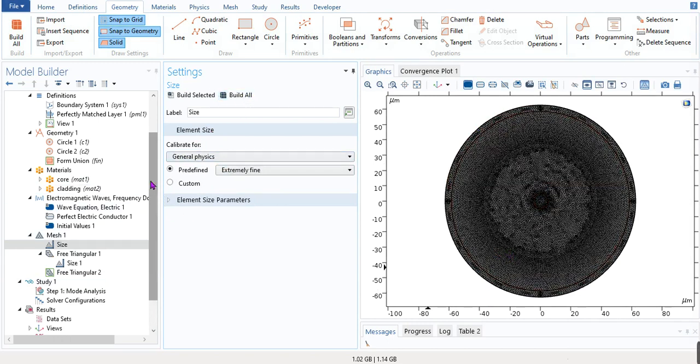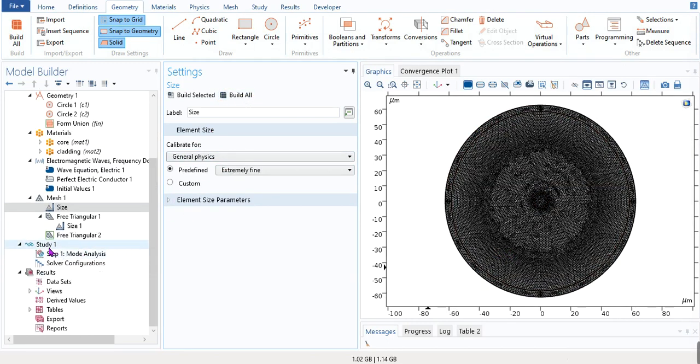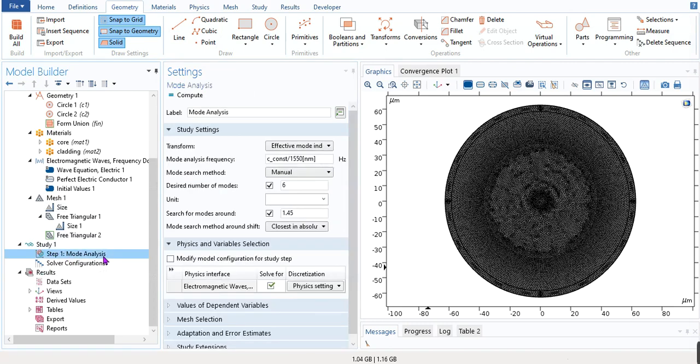After all this, you just need to go to study and mode analysis. Here you need to define frequency, that is c by lambda. So lambda at 1550 nanometer we are calculating mode, and we want COMSOL to give 6 modes, and from those 6 modes we will decide what is right and what is wrong.